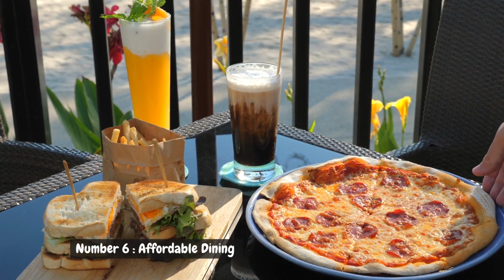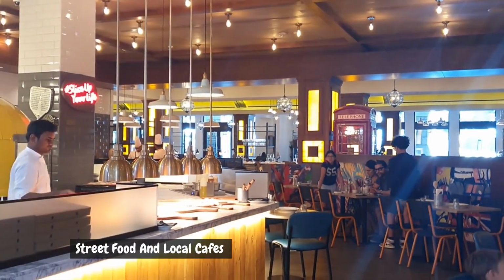Number 6. Affordable dining. Street food and local cafes. Explore areas like Al Karama, Satwa,